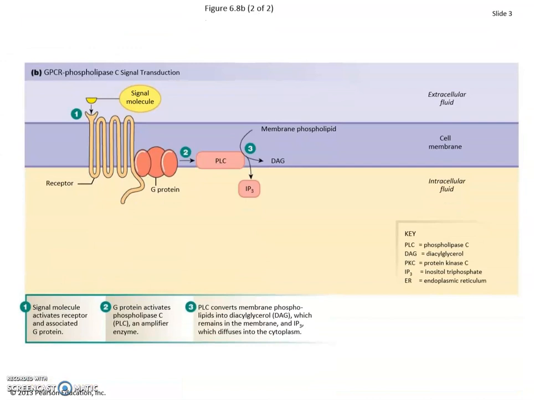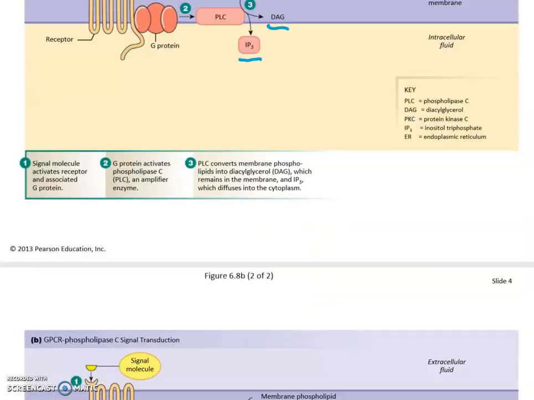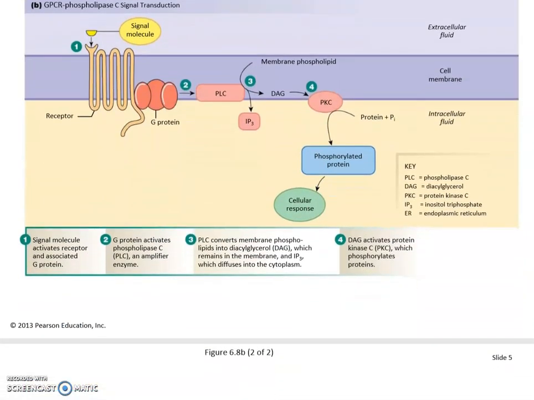So let's take a look at this here. Phospholipase C is splitting a phospholipid into diacylglycerol and IP3. This is the phosphohead group from that phospholipid. Now, both DAG, the diacylglycerol, and the IP3 are second messengers. So DAG and IP3 are both second messengers, and as it turns out,